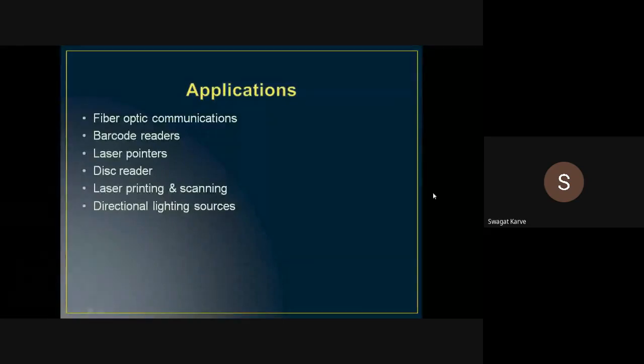Disc reader. Nowadays this application is kind of out of age, but the CD players we used to have, with movie CDs, the laser is used to read the CD. Basically, there are some pits and some heights. If time permits, I will discuss that application in detail, how your CD works. All of you know the audio CDs. This laser device is very important to fetch the data. Maybe in the next lecture I will try to illustrate that in detail.